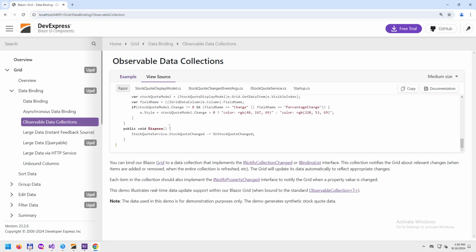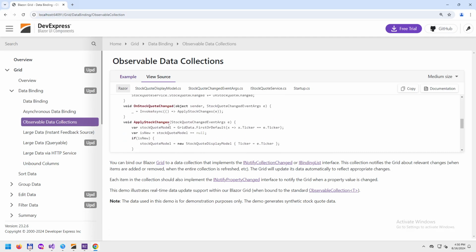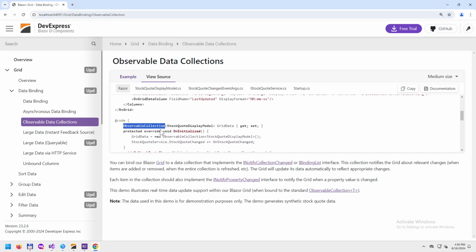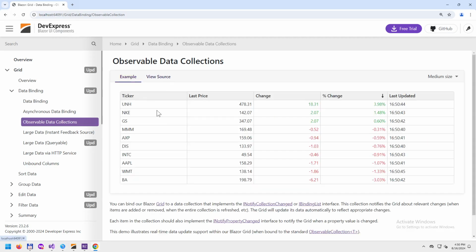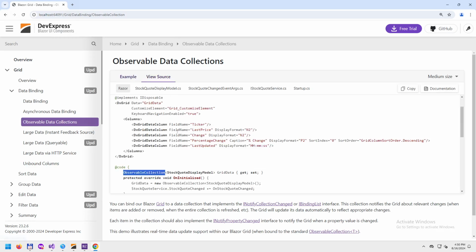Customize element. Apply stock changes. I'm not sure what this thing is. Probably just using a data binding is not enough. If you change the source on the server side of the data that's backing the DxGrid, maybe the DxGrid